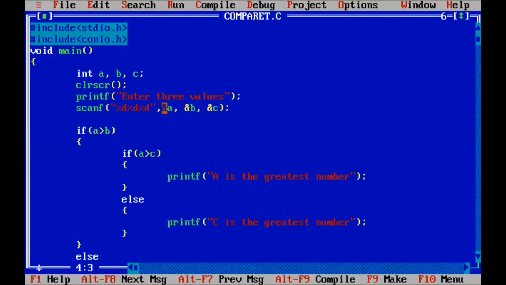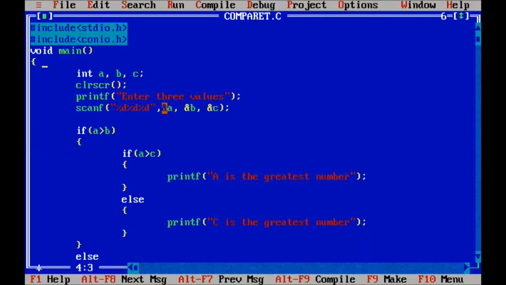Here the ampersand represents the address. It means we give some values by keyboard. Suppose the value 20 is stored in a. In memory there is some address, so the value 20 will be stored in a memory location. So the ampersand represents the address of the value.